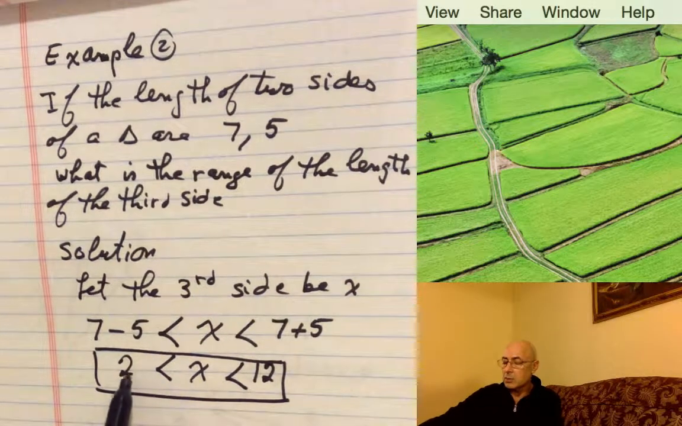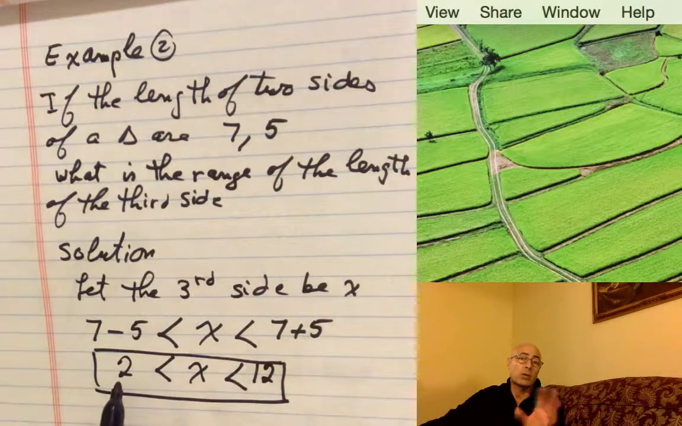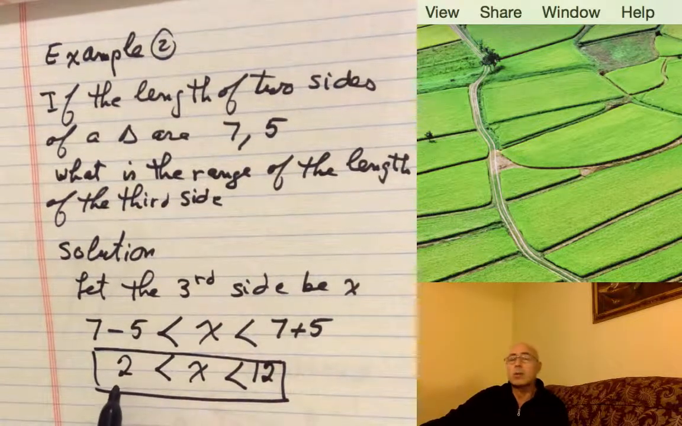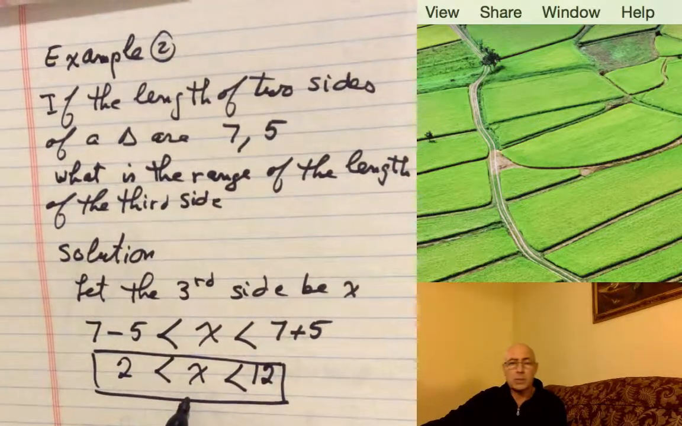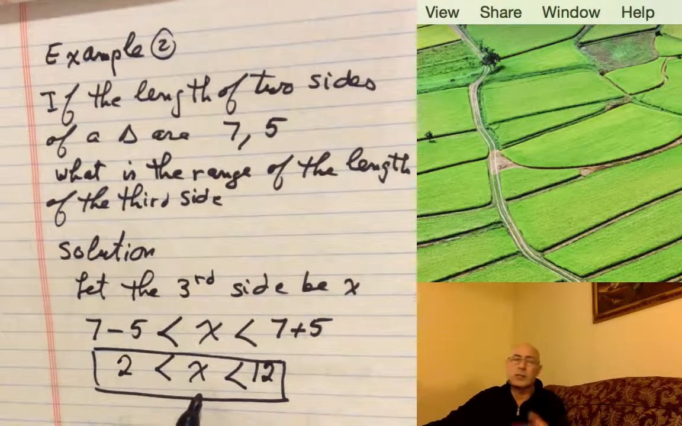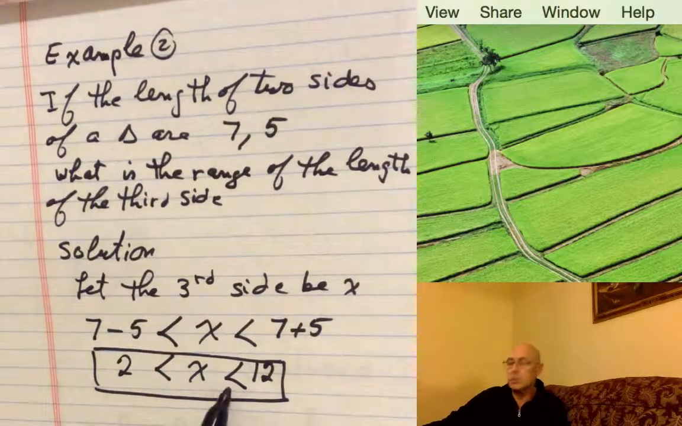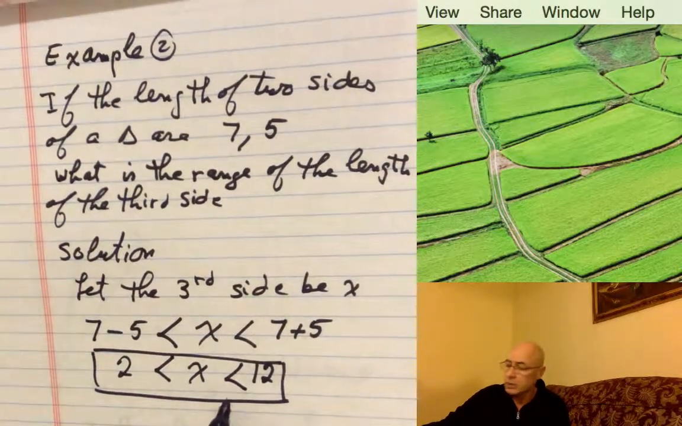Anything greater than 2 and less than 12, like 2.1, it's all right. If we're talking about whole numbers, I'm not going to say 2.1. I'm going to say x at 3 is going to work, 4 is going to work, 5 is going to work, 6 and so on, 10 is going to work, 11, 12, no, it has to be less than 12. 13, no, it has to be less than